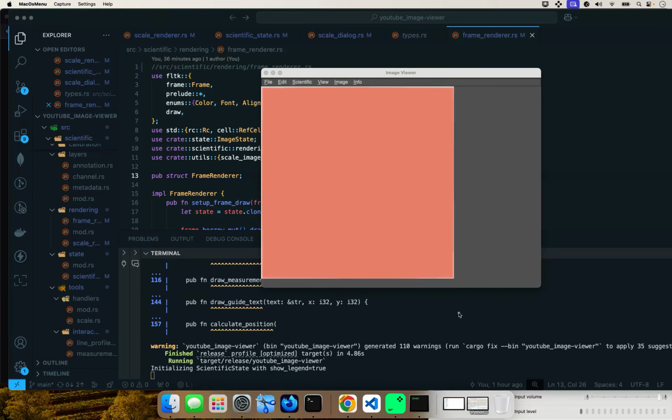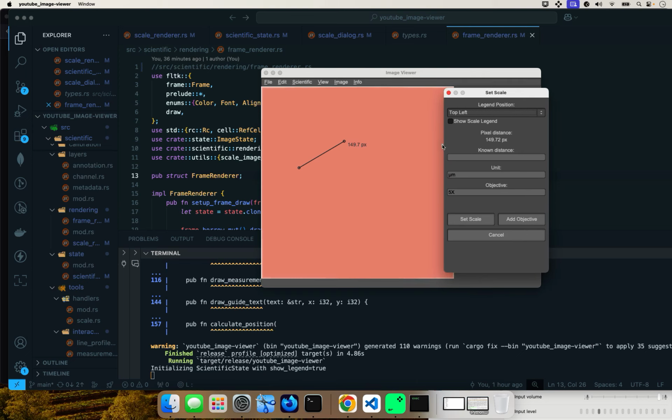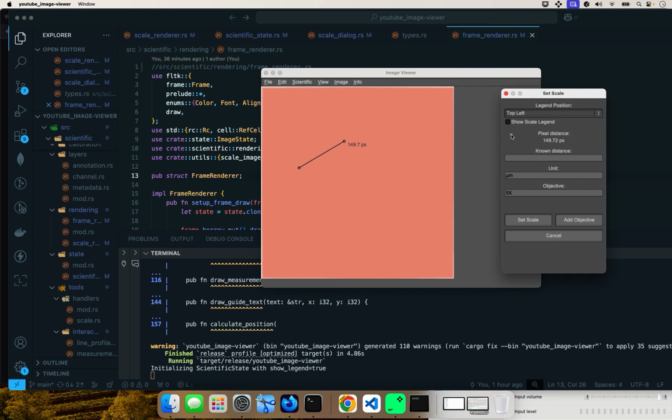Welcome to another tutorial. In this tutorial, we're going to continue where we left off in the last tutorial. If you remember, in the last tutorial, I showed you how to create a scale bar. But if you remember, I didn't have this checkbox right here, and I didn't have this functionality here. So I'm going to show you how to do this, and not only doing this, but actually